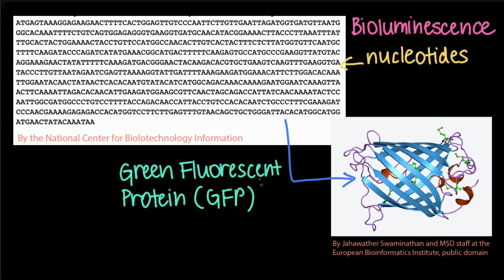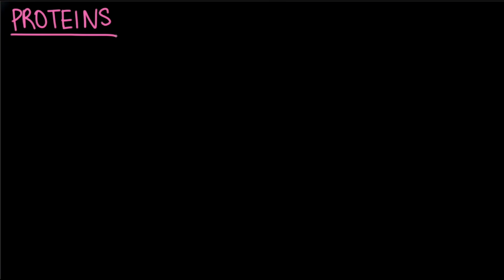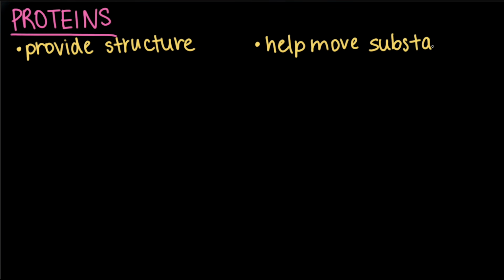Whenever you hear the word fluorescent, just think glowy. GFP is a glowy protein that can emit green light. And it's this presence of GFP in the jellyfish's cells that allows the jellyfish to bioluminesce. But proteins can do so much more than glow. There are thousands of tasks that different proteins carry out in order for cells to function. Some proteins help provide structure, some help move substances into and out of the cell, and others help carry out